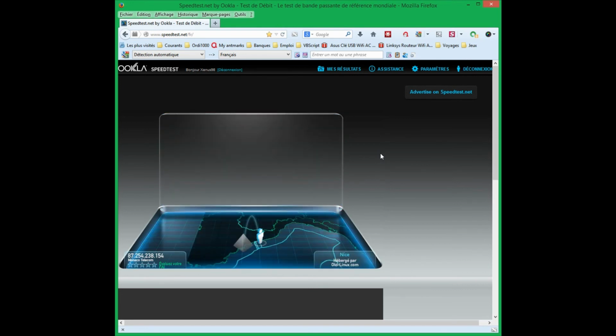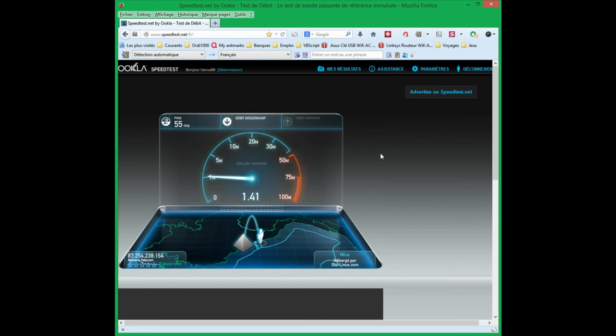speedtest.net website. You select a channel on your Wi-Fi, connect to your Wi-Fi, then go to speedtest.net and try a download test. When making a speed test, sometimes when you just connect to your new Wi-Fi channel, you will get a good result at the start.